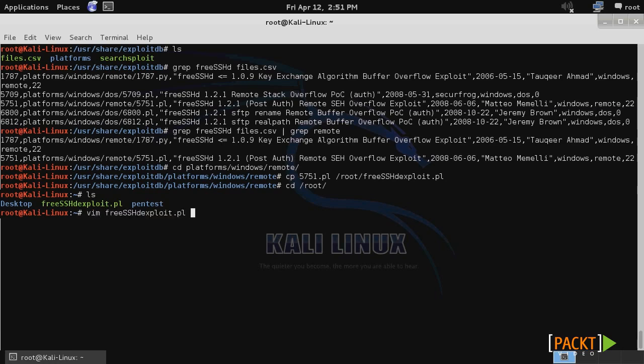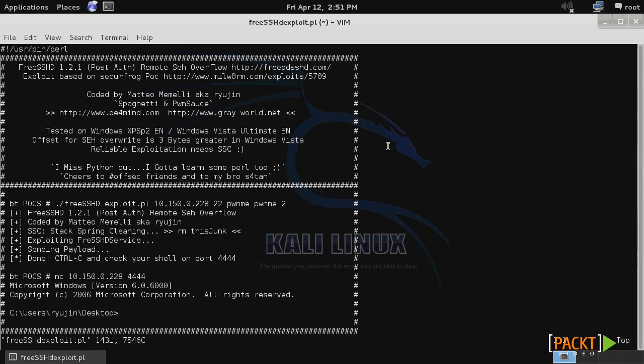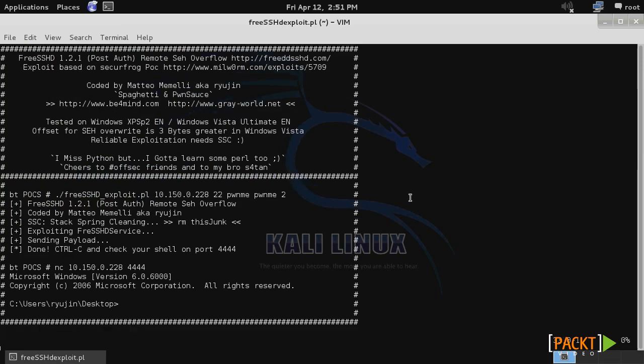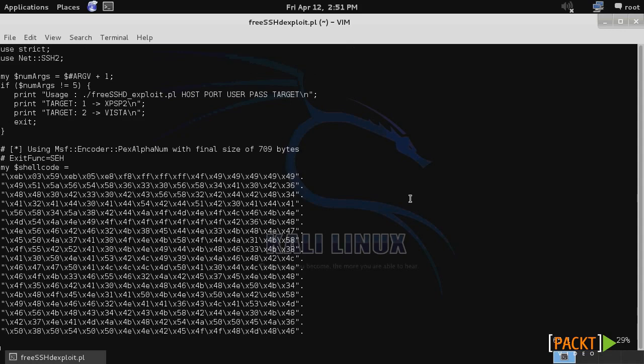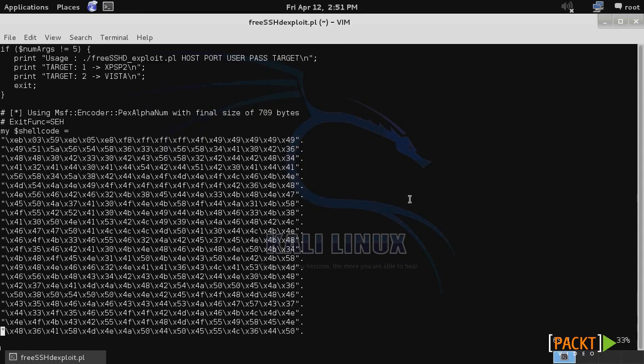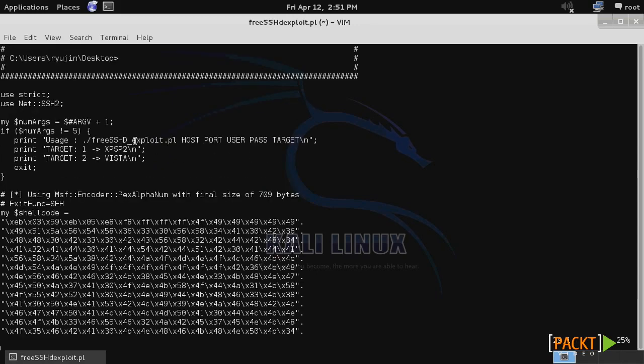So then we'll use the vim editor to view the script. And if we look through this, it's actually not that complicated what it does. Looks like it takes input from the user who executes the script on the host port, the user and password, and the target, which will either be XP Service Pack 2 or Windows Vista. And then after the buffer overflow, it's going to execute this shellcode,